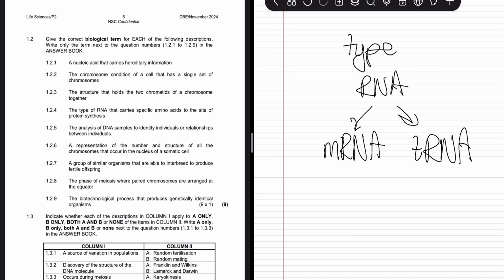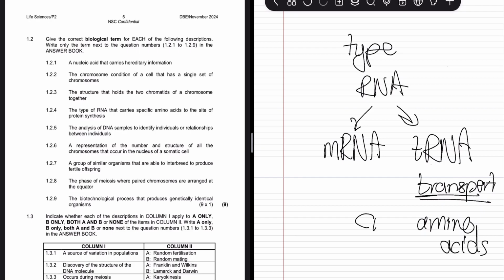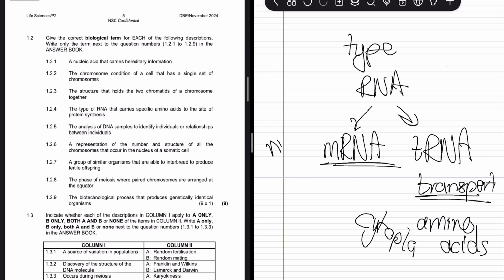To the site of protein synthesis. So we understand that this one is going to the site. So it's a transporter, right? And it's going to the site of amino acids. Remembering that the amino acids are in the cytoplasm, but the mRNA works in the nucleus,